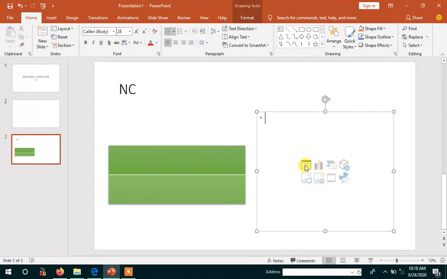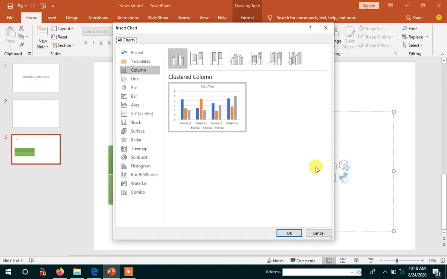In the second content, I am going to insert the chart. Yes, you have to click like this. Whenever you click that chart icon, then a small window appears like this.